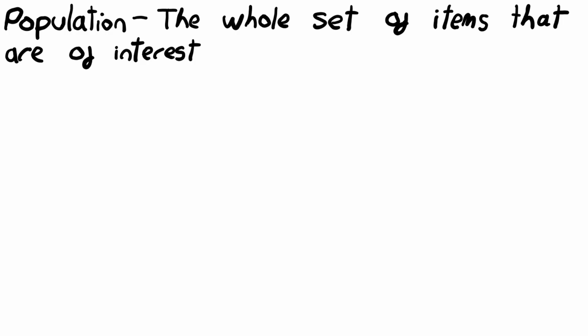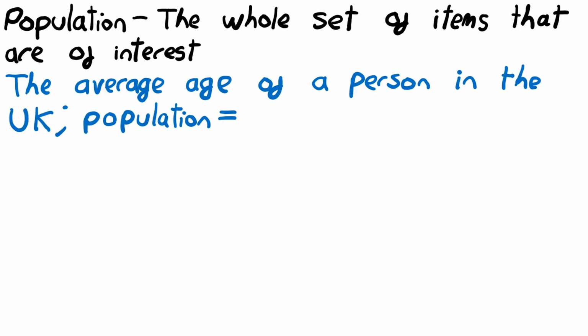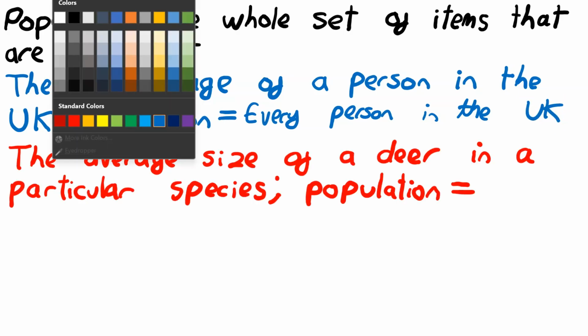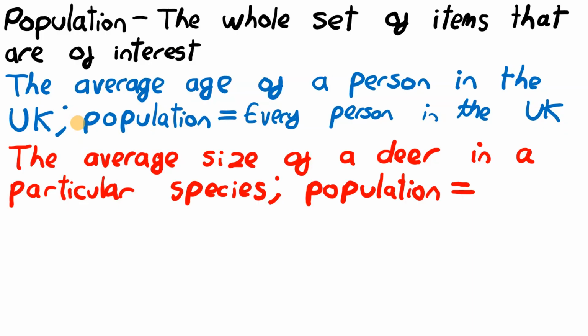For example, let's say that we wanted to collect data on the average age of a person in the UK. In this particular scenario, the population would be every person in the UK. Let's say that we wanted to collect some data on the average size of a deer in a particular species. In this case, the population would be every deer